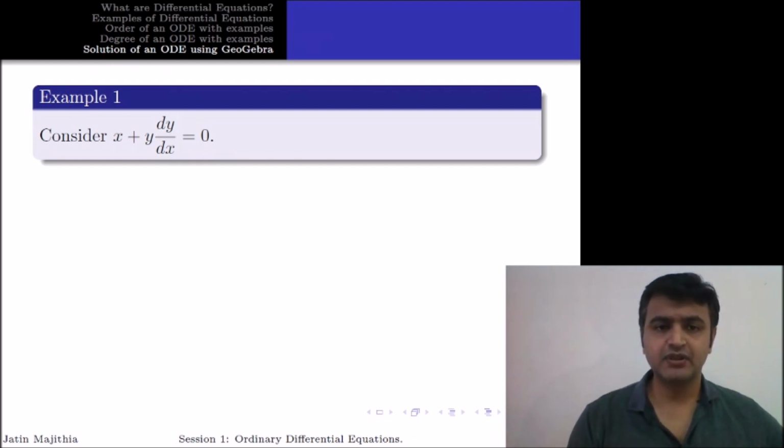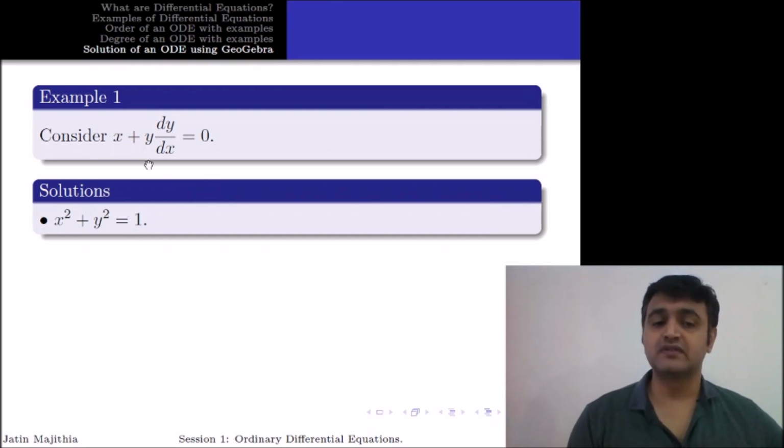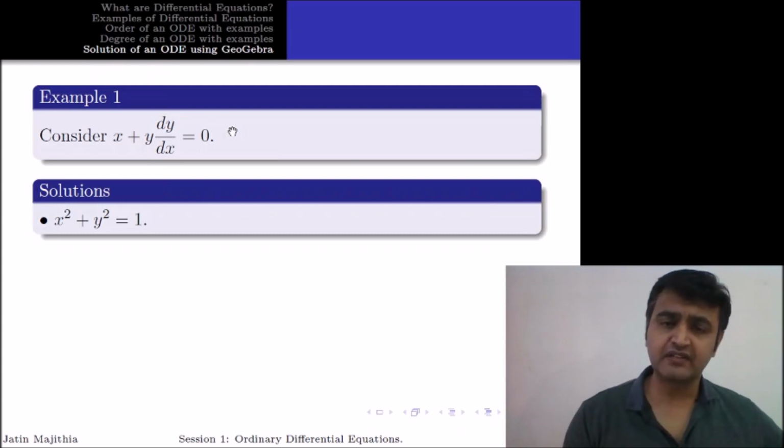So let's take an example so that the picture will be clear. This is a first order linear differential equation. Linear means what? Degree is 1. And I want to find the solution of this. Now if I take this, what is this? This is a circle. So if I take x square plus y square equal to 1, there are two ways to verify whether something is a solution or not. Either you differentiate this and get this differential equation, or you find dy by dx from here, substitute it in the given equation, and you get LHS equal to RHS. Both ways are fine. Whichever suits you, you can go by that way.